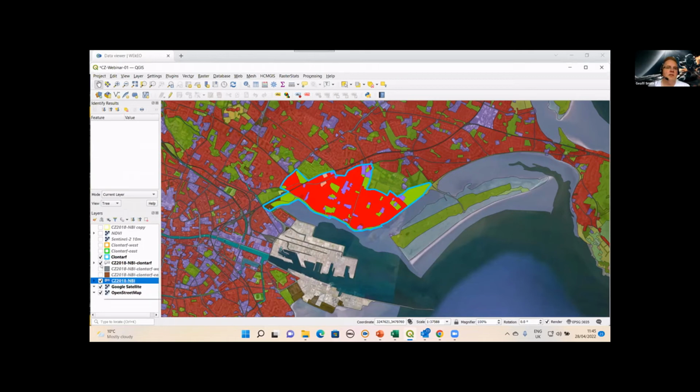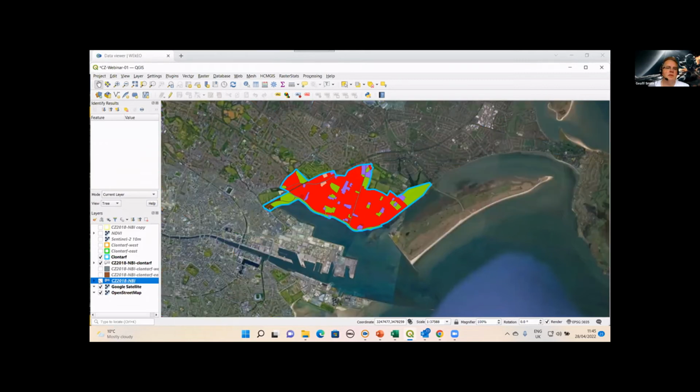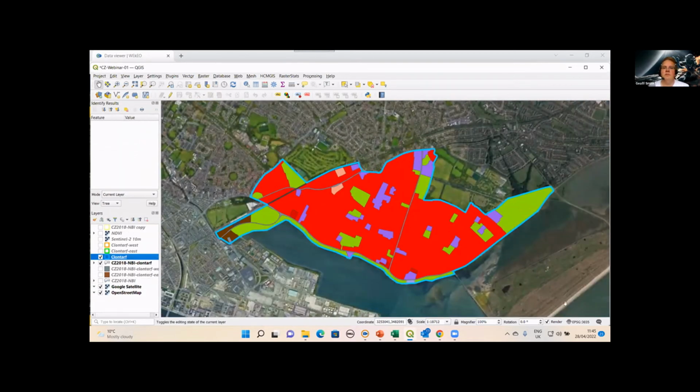And so I'm now going to, so the area we clipped out of the main coastal zone layer now just clipped out by that blue boundary, and we can now zoom in and take a look at that. So I'm just going to switch off the bigger layer, and then we can zoom in on the Clontarf area. So we zoom to that layer. So we can see here that we have a pattern of landscape features. The greens are the more grassy vegetated areas.